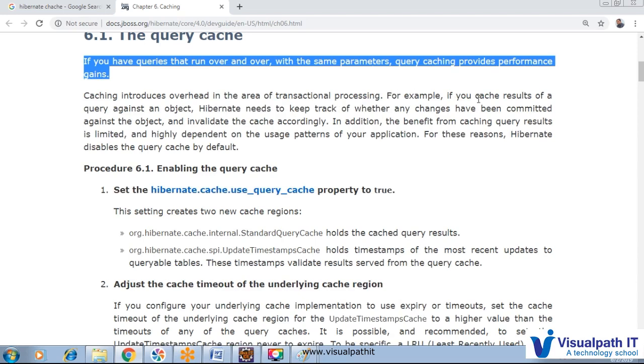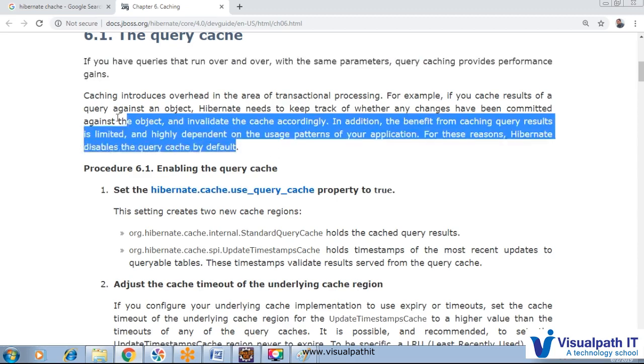For example, if you cache the result of a query against an object, Hibernate needs to keep track of whether any changes have been committed against that particular object and invalidate the cache accordingly. In addition, the benefit from caching query results is limited and highly dependent on the usage pattern of the particular application. For those reasons, Hibernate disables query caches by default.